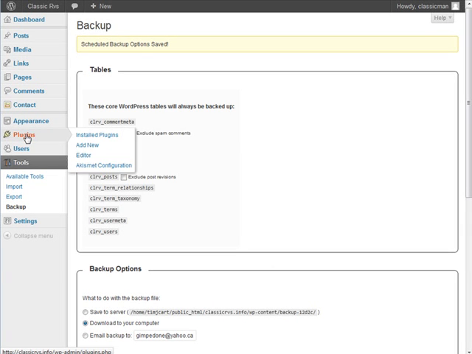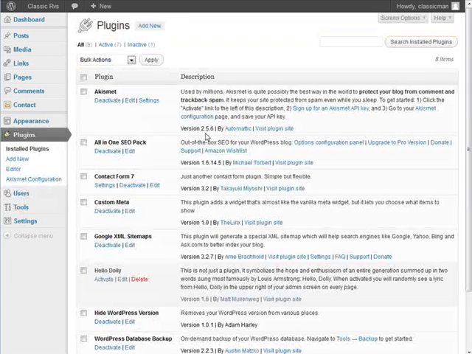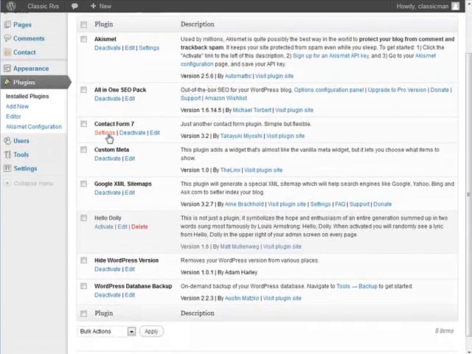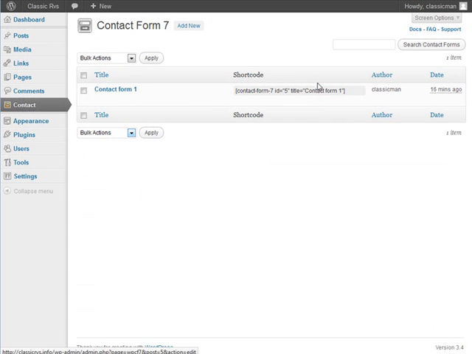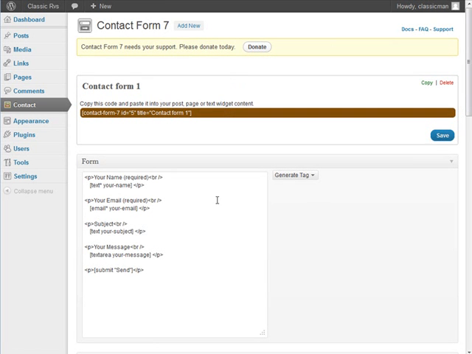Okay, let's go back to plugins. And let's go to look at our contact form. You'll see here it says settings. Click on that. Okay, and then we can just put your mouse here and you can edit it. Now you're allowed to make as many contact forms as you like, and it has a general contact form format right in here right away,